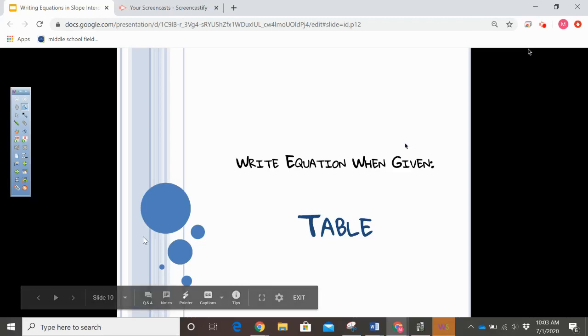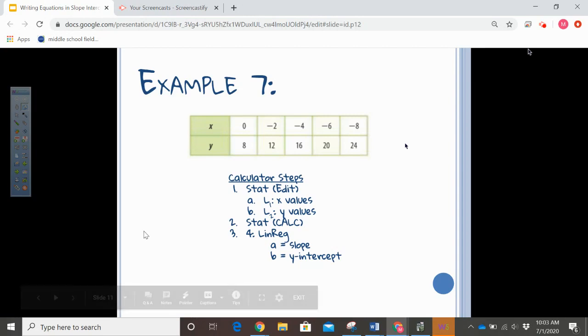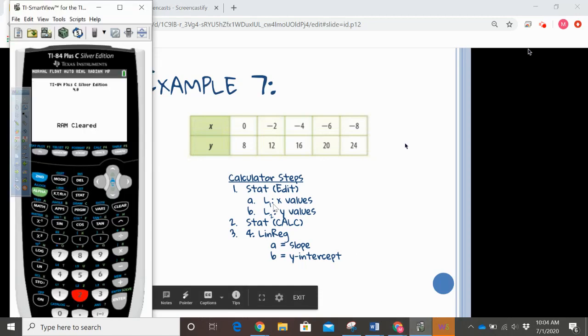The next way we are going to write equations is when given a table. So for example 7, we have the table of values as seen below. Now, in order to write equations from a table, we are actually going to use our calculator as our main resource. So if I pull up my calculator,